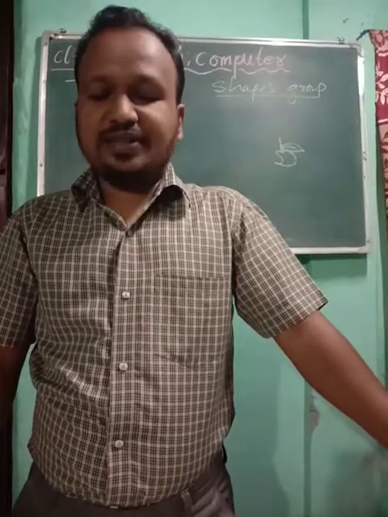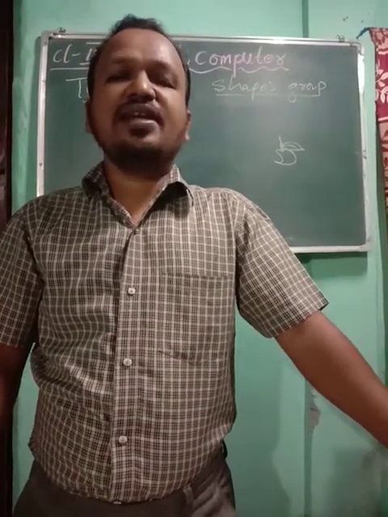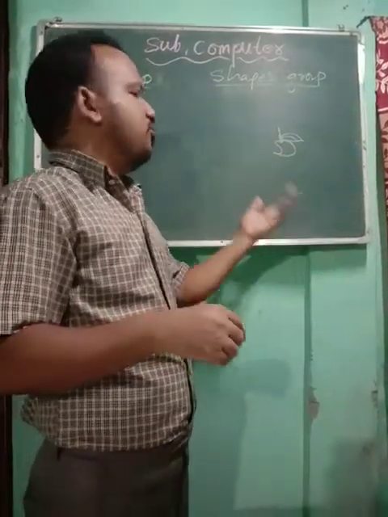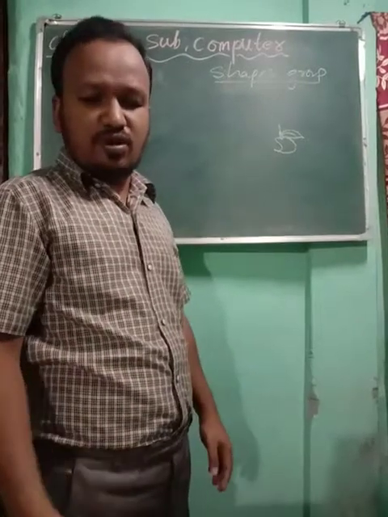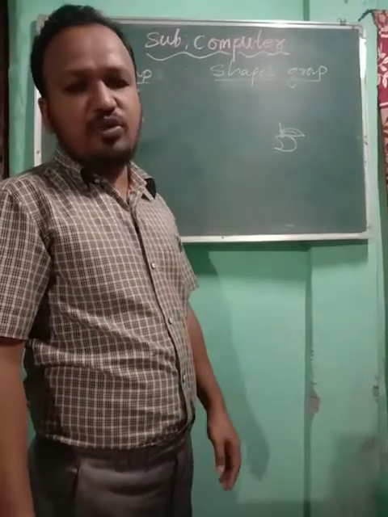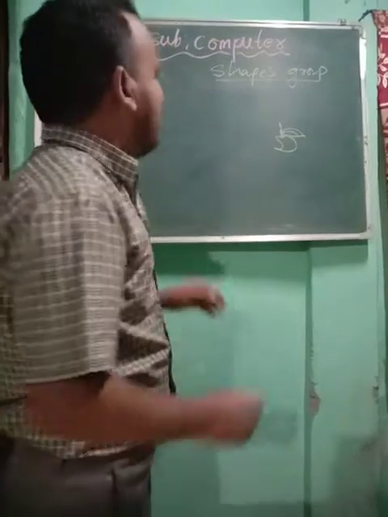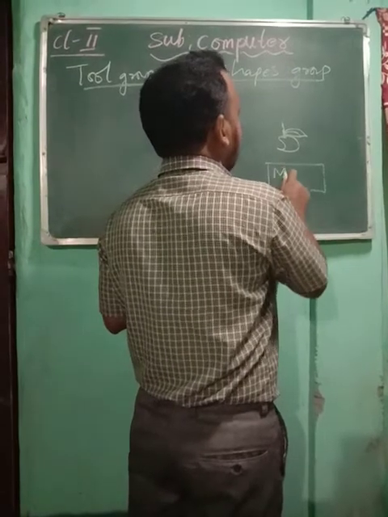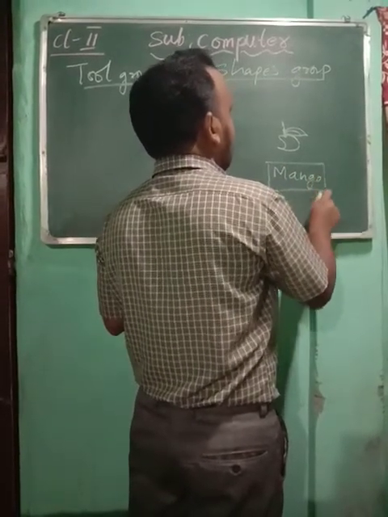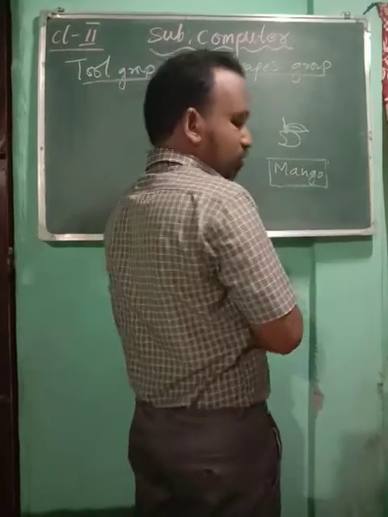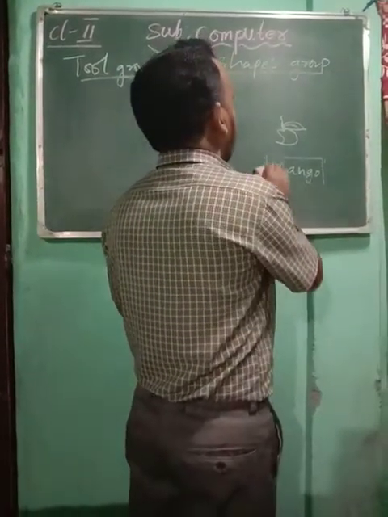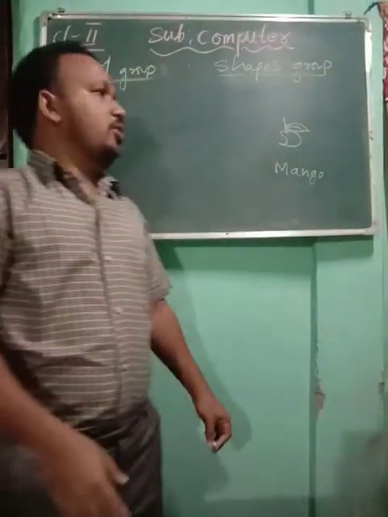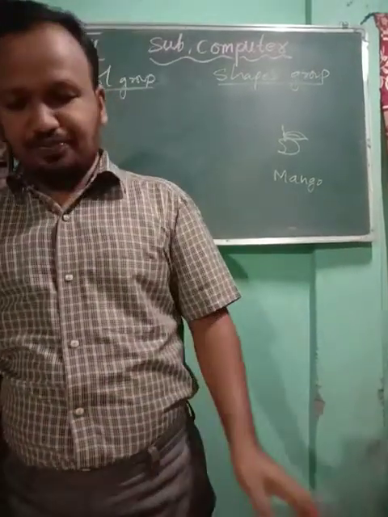Next is text, where you can select and write. Suppose you have drawn an apple, or mango, or grapes, any fruit, or a house. Suppose you have drawn a mango and you want to write its name. In the tools group, you click on text and a box will come. In that box you can write mango. You can type it from your keyboard and click, and this line will get removed. So you see the spelling of mango. With the help of text we can write down.